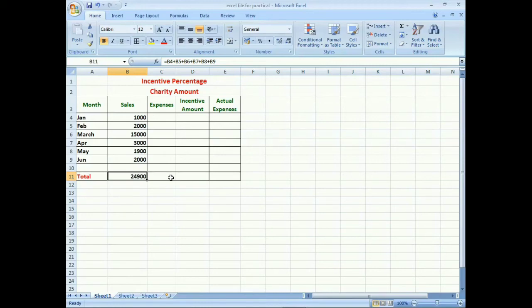Okay, and the cell B11 displays the total of all the values from B4 to B9. So this is our total for the 6 months, and this is the B11 cell and it displays the total of all the cell values. If we click on the cell, we can see in the formula bar all the cell addresses selected, that means all the values have been calculated. So using basic formula operations we can perform any type of calculation. So this is the process to use a basic formula in an Excel sheet.